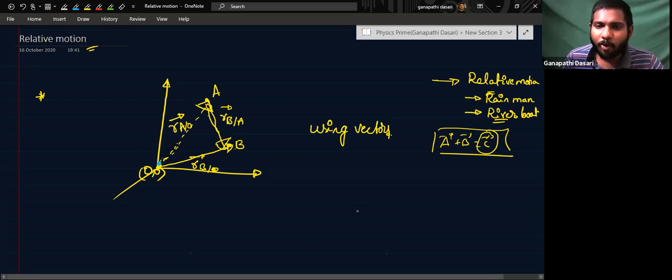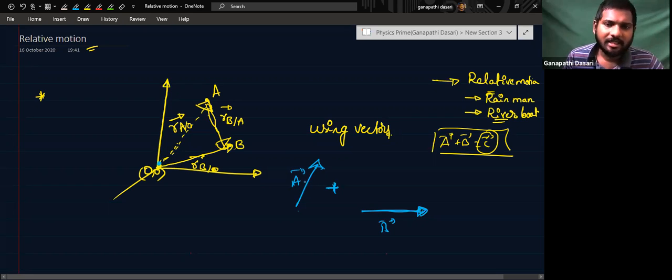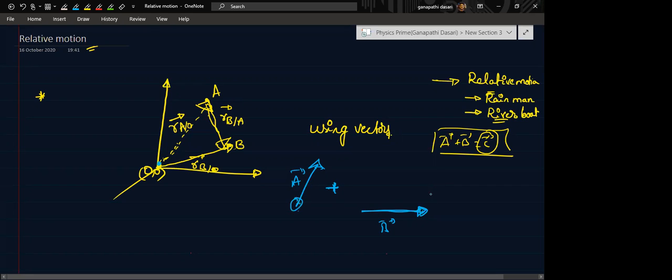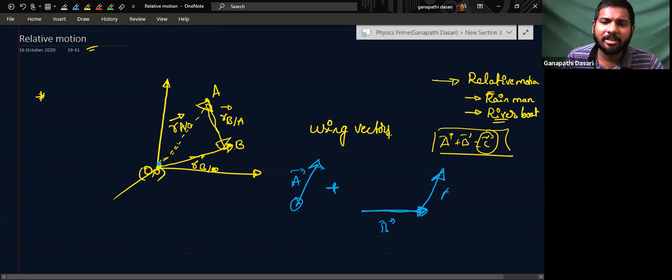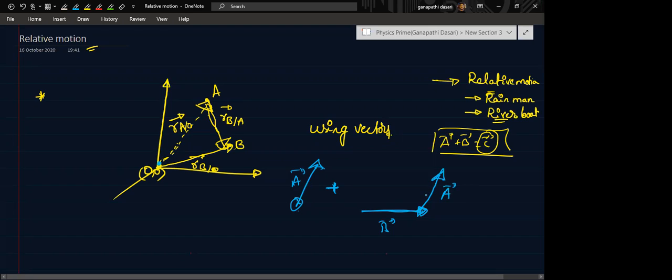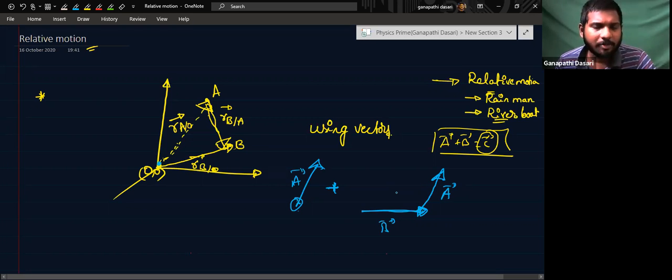How do you add vectors? Simple fundamental of vector. If you're adding two vectors, A vector and B vector, you join one vector's head with the other vector's tail. Why don't you carefully listen if you don't know this fundamentally? So suppose this is A vector, this is B vector. You add one of the vectors' heads with another vector's tail. So this tail I can add here like this. We can shift the vector without changing its magnitude and orientation. That vector will not change.